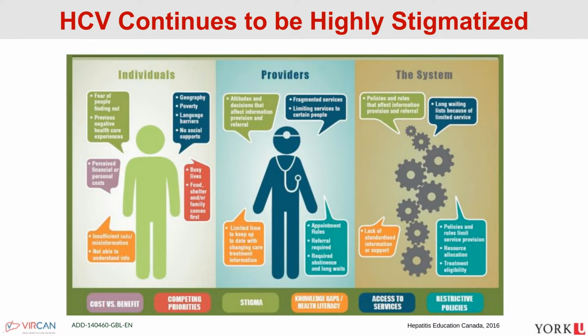So if it takes many steps to get screened and then linked to care and then treated, this access to services, access to what we call low barrier models of care, are not present throughout our system. And therefore, people still have wait times. They're still potentially having to travel long distances to seek care. And in the context of telehealth or virtual care in the pandemic, this has made an impact. But those people then really need to have phones and technology in terms of accessing that virtual care.